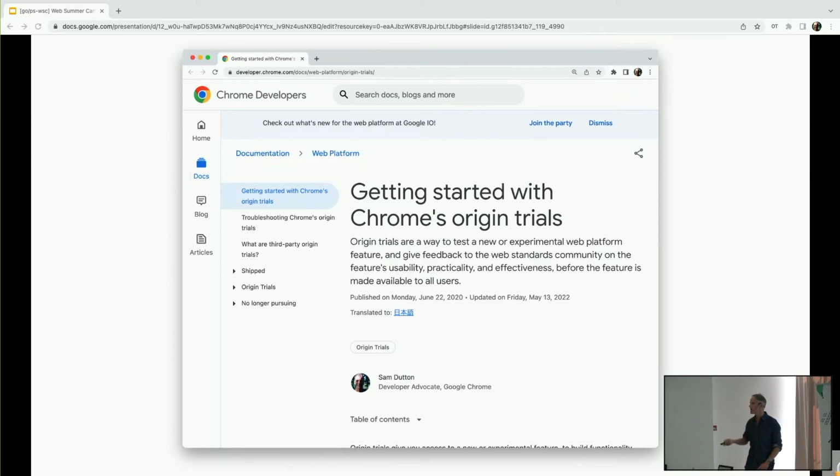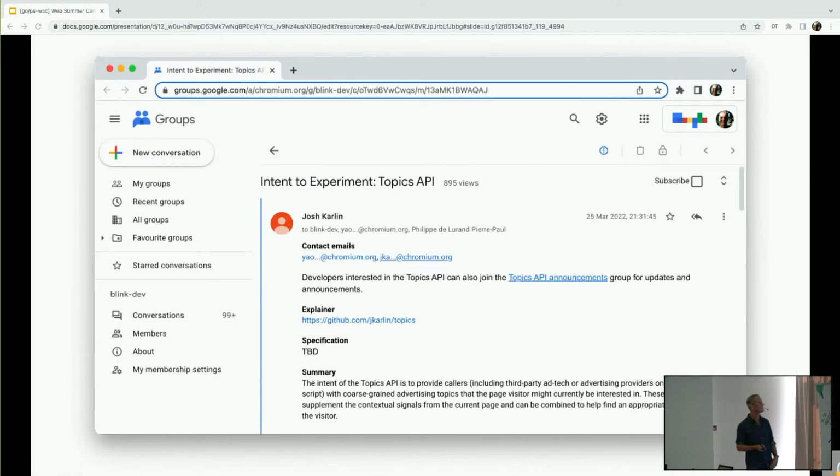And you can imagine, that makes it really easy for companies to add tokens to some of their web pages, and for some of their users, a feature that they want to test out will be enabled. With this, again, we have another intent, which is an intent to experiment, which means we want to run an origin trial, another part of this feature process.